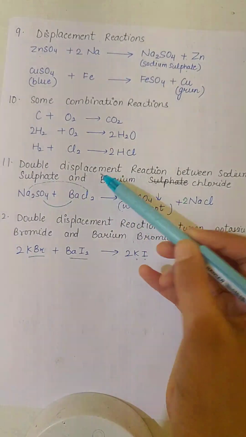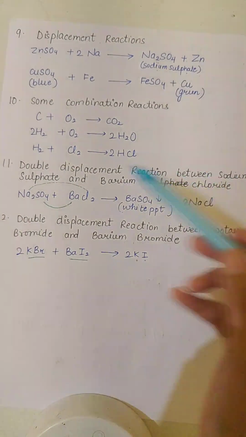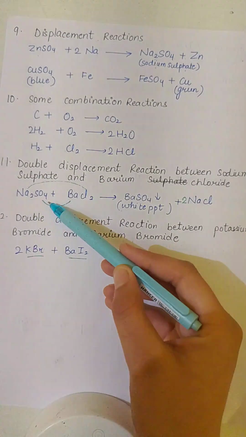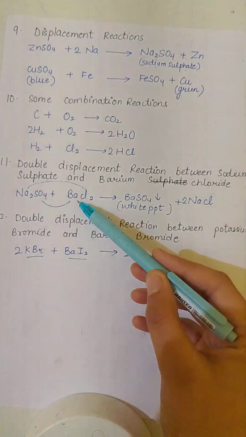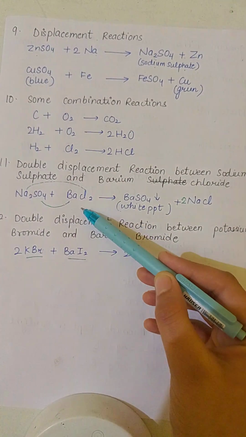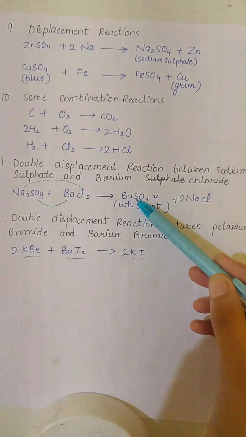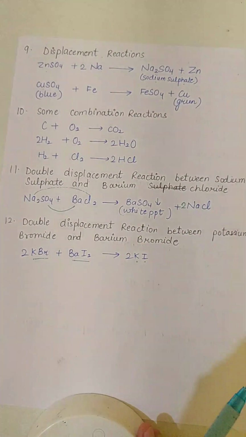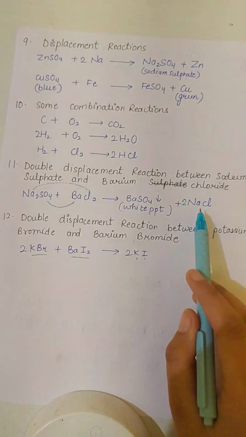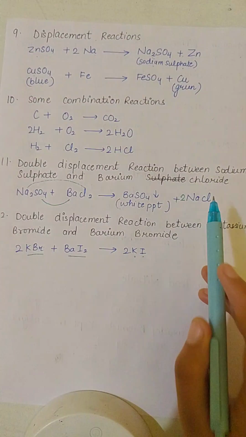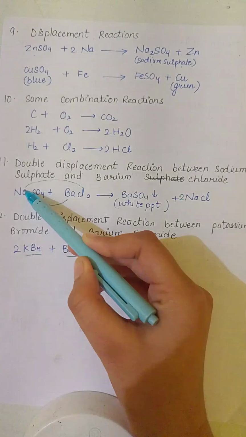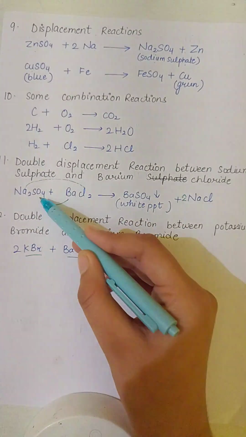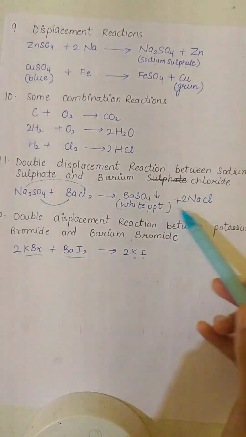Next is double displacement reaction between sodium sulfate and barium chloride. Na2SO4, sodium sulfate, plus BaCl2, barium chloride. When they react, BaSO4, which is of white color, this precipitate is formed, and NaCl is formed. In this reaction, sodium reacts with the chlorine ion and barium reacts with the sulfate ion, and these products are